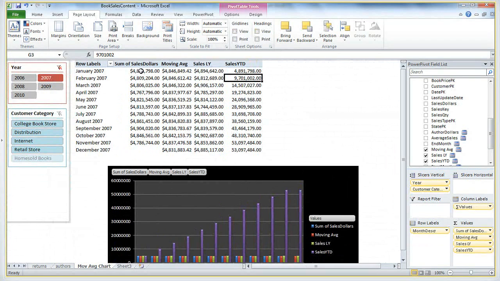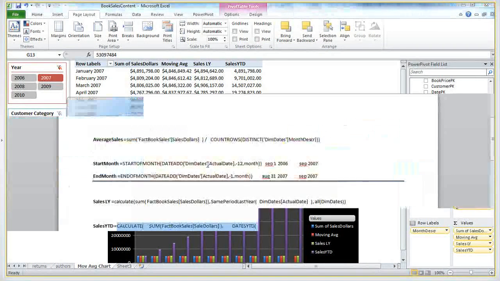So obviously the test of a year-to-date is to make sure that the data for the first month is the same thing, and then that continues to accumulate. So that's up to 9 million and then 14 million and so on. And because we didn't have any sales in December, the data is the same as it was in November. So I got it right in under 3 tries. So the sales year-to-date,